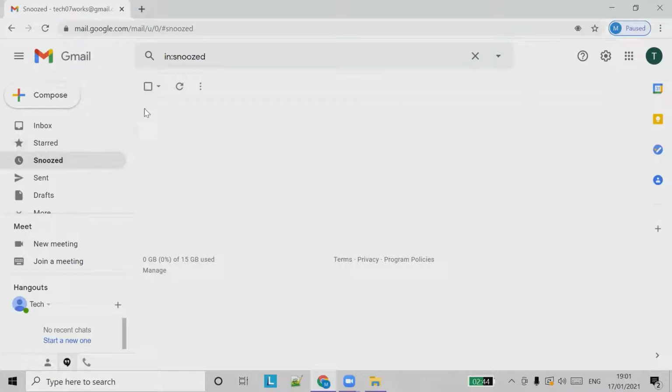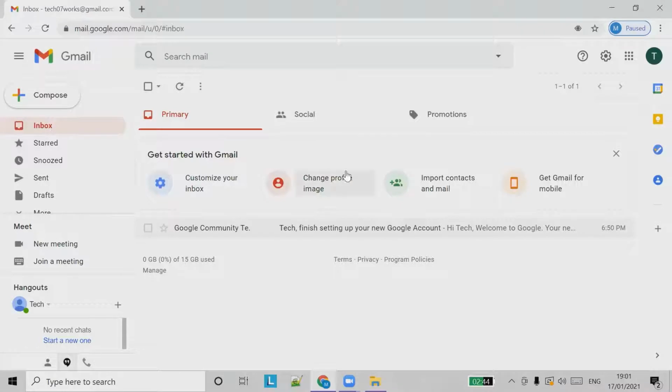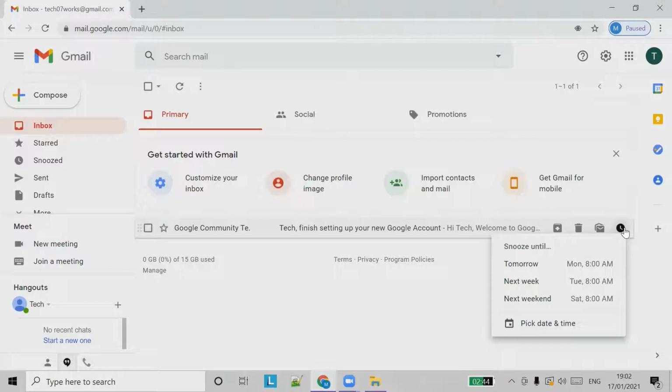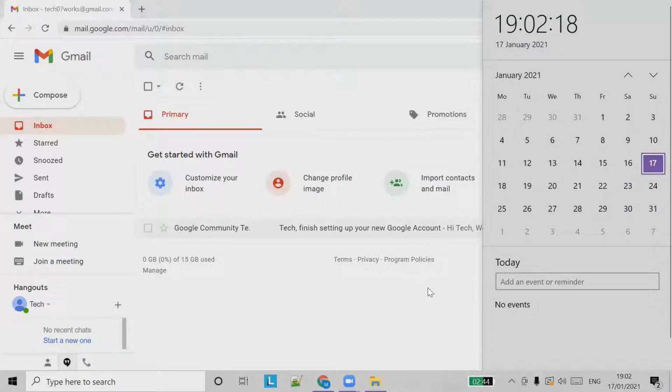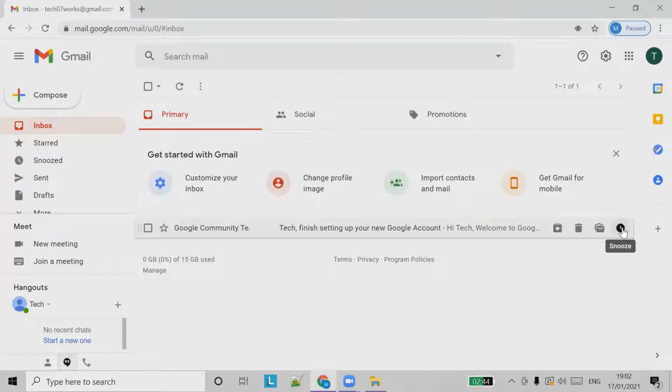Okay, so this is starred, and there is another option called snoozed. Okay, so let's say I want to snooze this email. I've already received this email, okay, but I don't want to see that email, so I want to receive the email again at a later point of time. So I'll select the time I want to get the email delivered by, let's say 7:03.